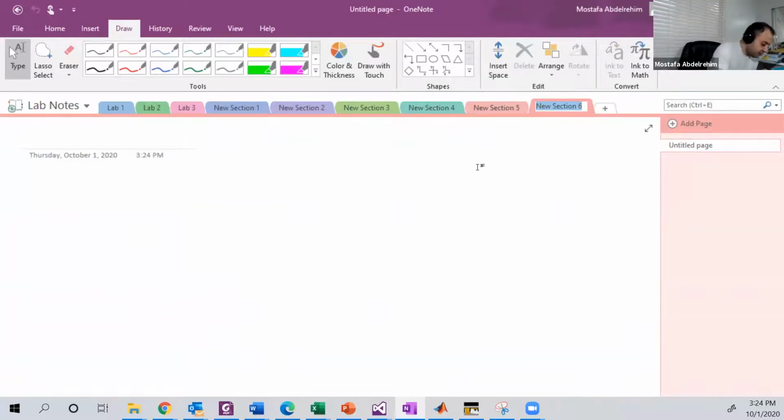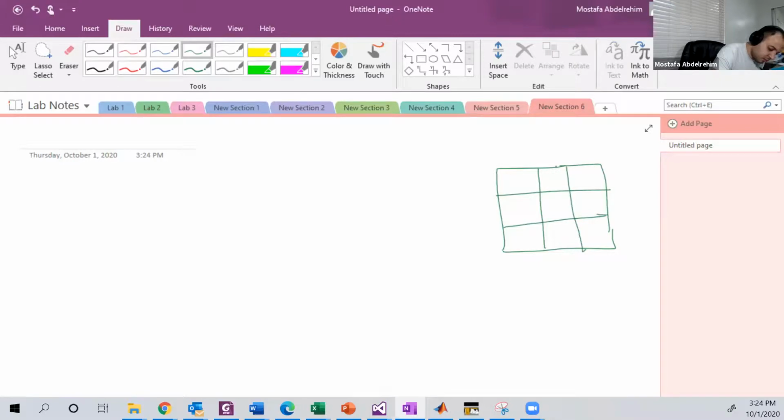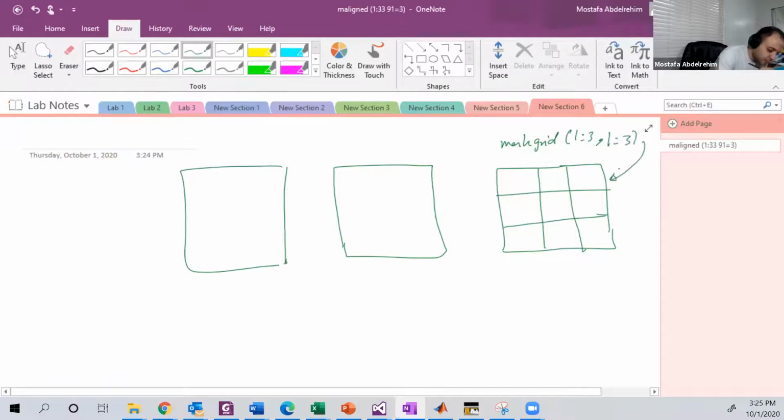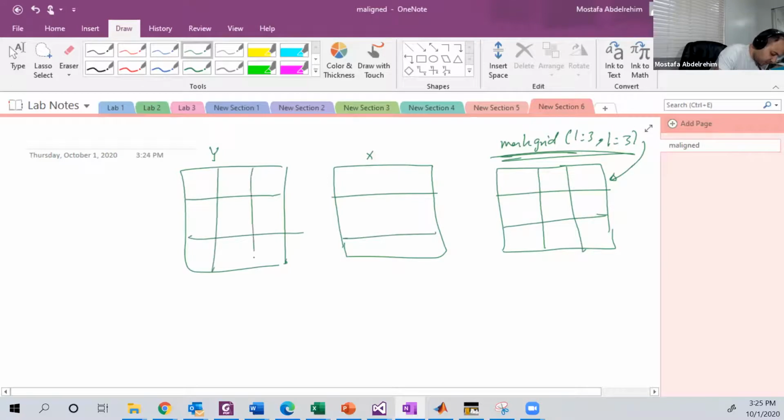Okay. So if you have any array or any grid, let's have a very simple example. When I say meshgrid of 1 to 3, 1 to 3, it will create something like this. The output of that command is two arrays that you can call X and Y, and basically for each cell, for example this cell here, its X coordinate will be in that location and its Y coordinate in that location. So if this is X and this is Y,